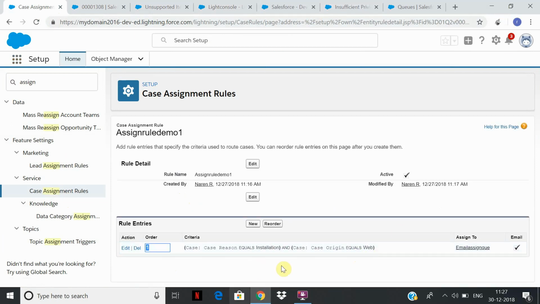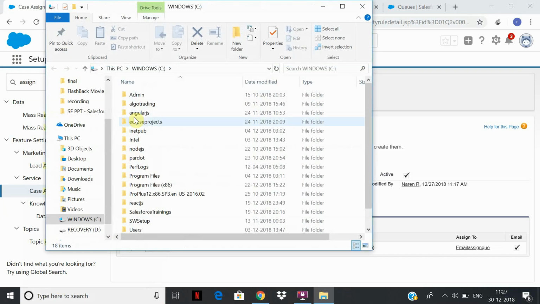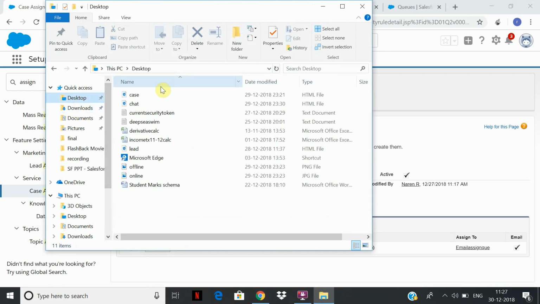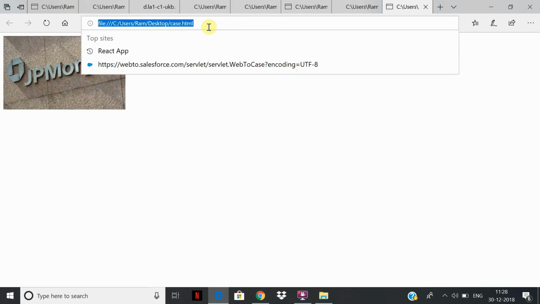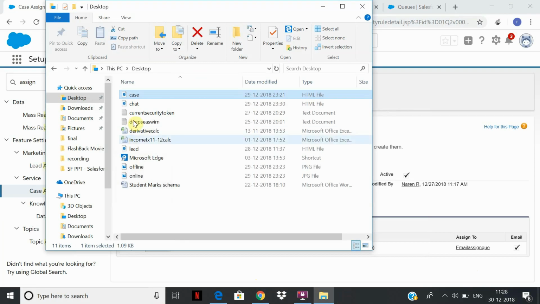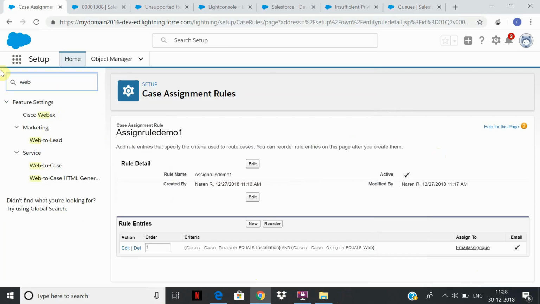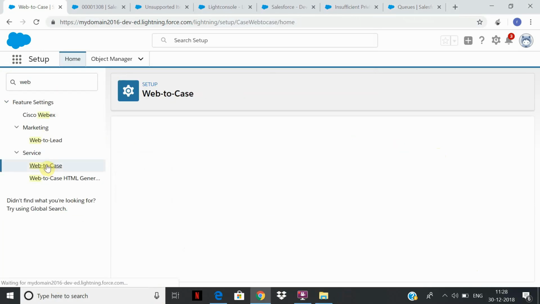So we can use our web form, which we have created for creating cases, and create the same scenario. Oops, okay, it's got overwritten. So let's create a web-to-case form quickly.